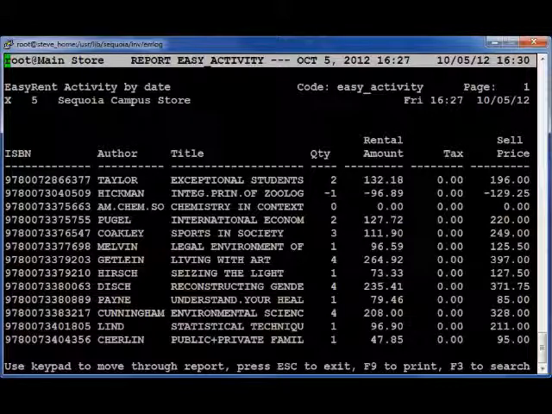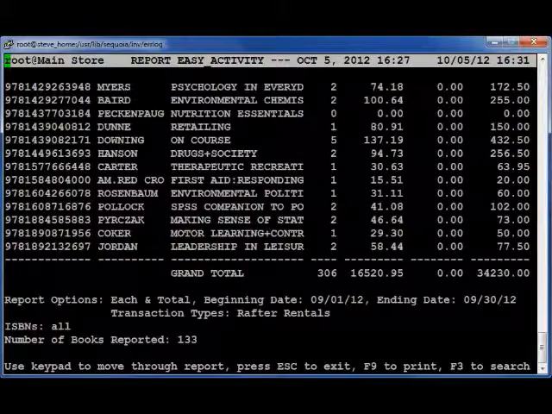As you can see on this screen, the report details include each ISBN that was rented through the EasyRent program, the total quantity rented over the time frame selected, the rental amount collected by the store, the rental tax collected by the store, and the selling price at the time of the transaction. I'm going to hop to the bottom of this report by pressing End, and we have grand totals on each